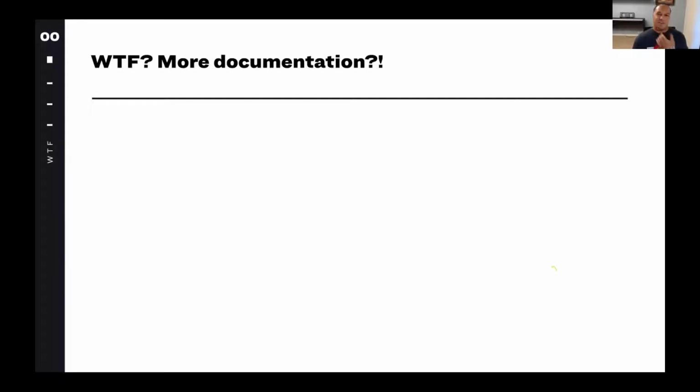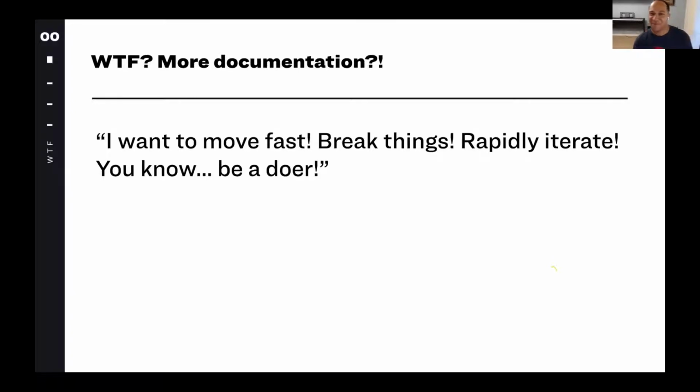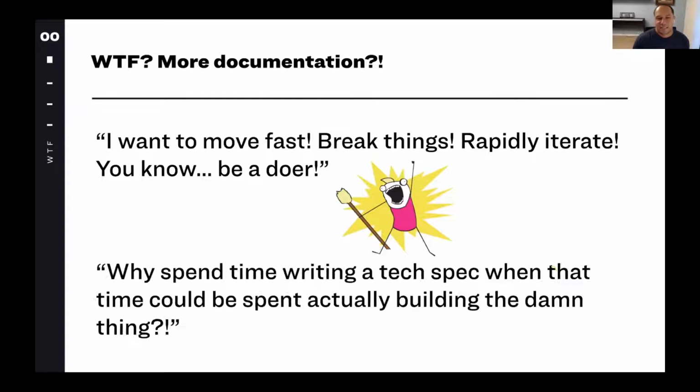Now, you might be asking yourself, WTF, more documentation? The very idea of a tech spec can seem contrary to Silicon Valley ethos. Engineers want to move fast, break things, rapidly iterate, be a doer, and do all the things now. Some engineers may regard writing a tech spec as an unnecessary process that gets in the way of the agile approach, a big waste of time. But the point of a tech spec is not to impede progress, but to take a brief step back and think things through. And having a thoughtful, well-written tech spec unlocks many benefits as well, such as